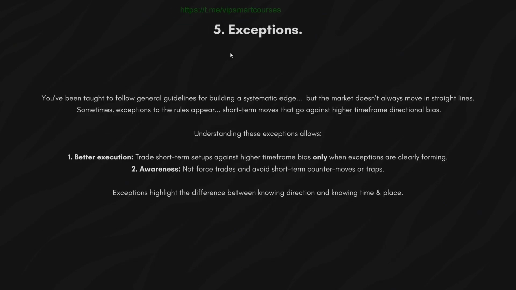So here we've got another important topic, and this is an important topic that rarely ever gets talked about. This one is also a little bit more nuanced and complicated than the other ones. This is what I call exceptions. Now, up until now, everything that I've taught you so far has been about systemizing your edge. Having rules, conditions, checklists, frameworks and step-by-step procedures that help you in building